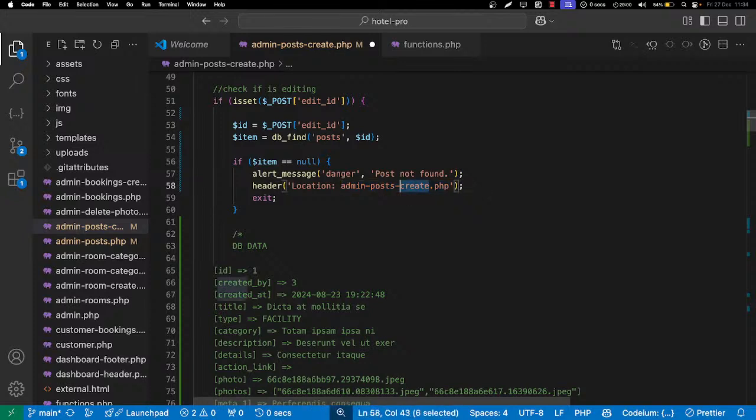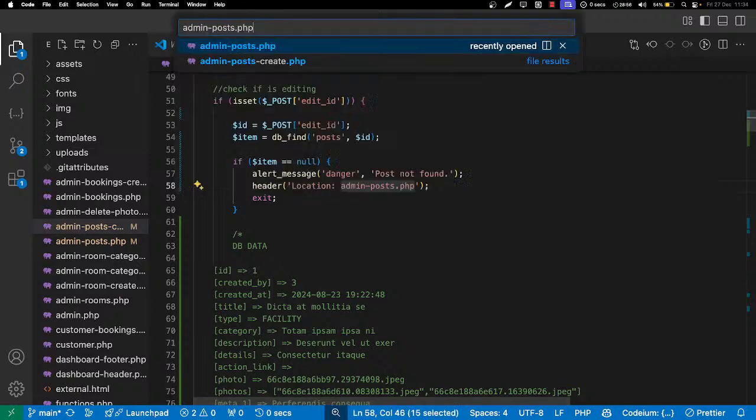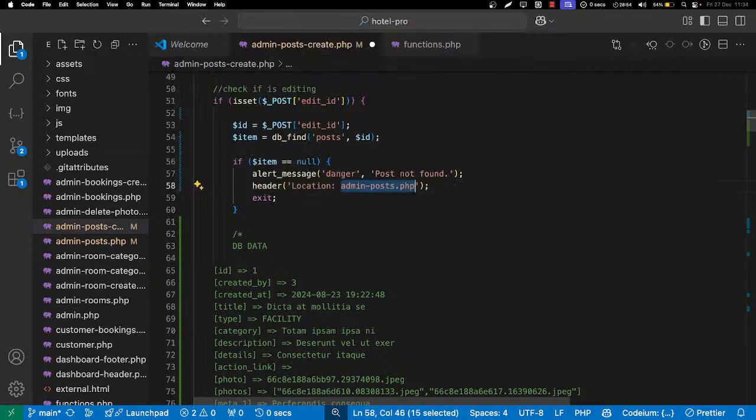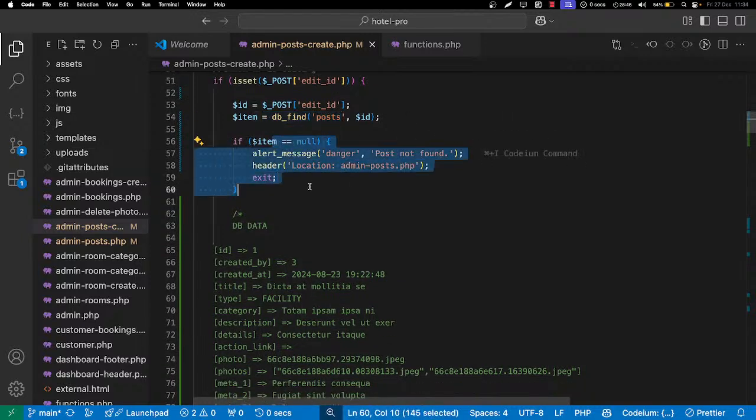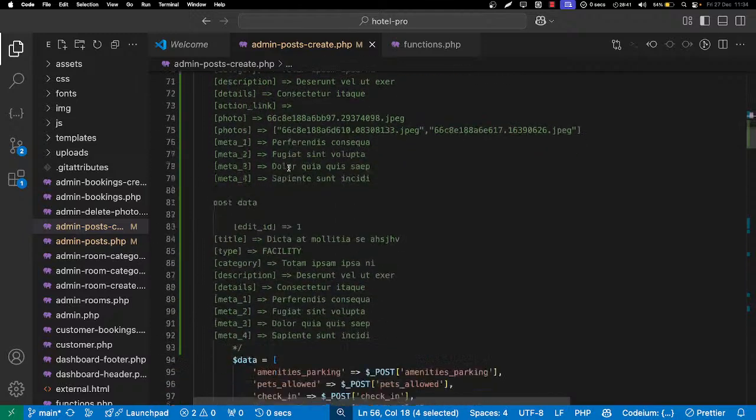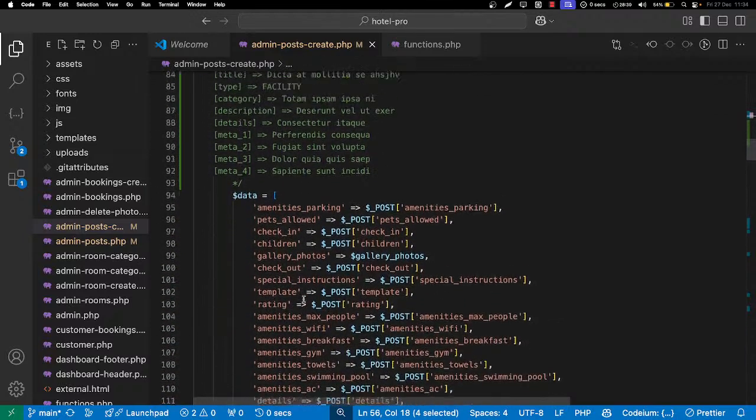I mean to admin post. Sorry, admin post. I can do that. Hope we have this. Hope we have that. Yeah, I can redirect to admin posts. Okay, so everything is now fine. So I believe here the post will be found, and then I check the post. I believe it will also be not null, and then we can now proceed to the data that we want to